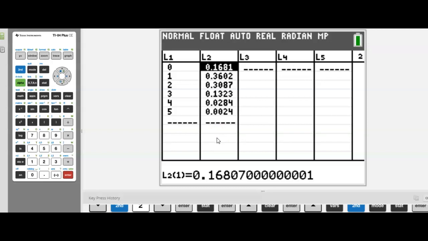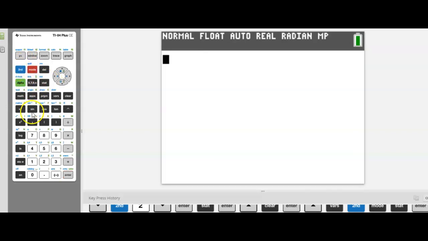So using the table, I can answer questions like, what is the probability of getting exactly 2? That probability would be 0.3087. Or what is the probability of getting exactly 4? That would be 0.0284. So if I wanted to just calculate a single probability and I didn't need the table, let's take a look at how we'll do that. So I'm going to do second quit. And let's suppose